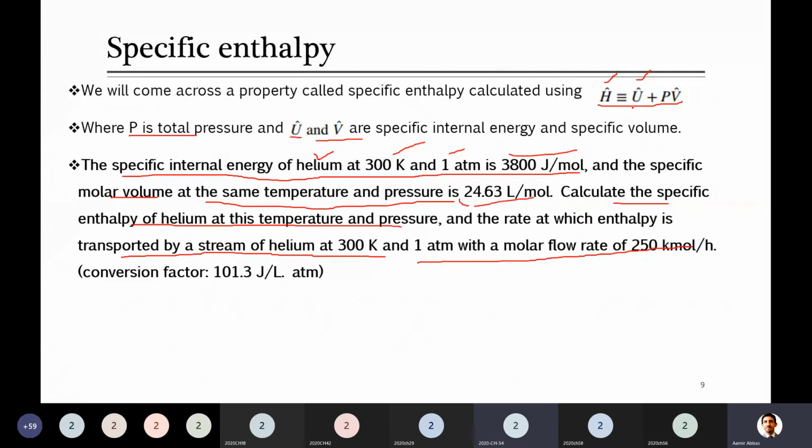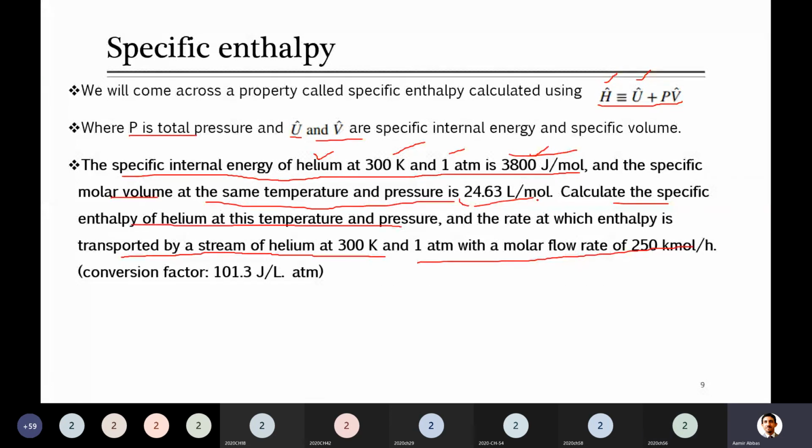Okay, look, for the first part even there is some issue, because just look at the equation. Yes, you guys are right, this is your equation. Specific enthalpy is equal to specific internal energy plus pressure multiplied by specific volume. So what is given in your question here? Specific internal energy is given, so you can use this directly. This value is joule per mole. What about next, pressure? Do you have the pressure of this system? 1 atm. He said total pressure is 1 atm. So here you can use 1 atm multiplied by specific volume. It's given. Yes sir, 24.63.